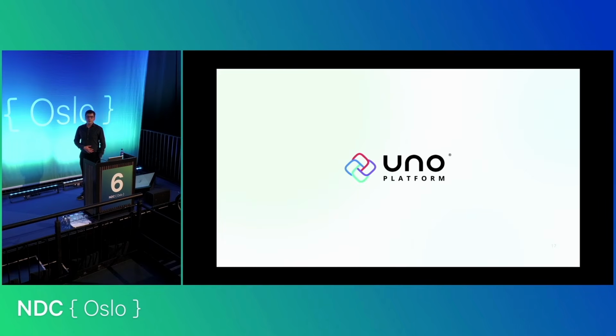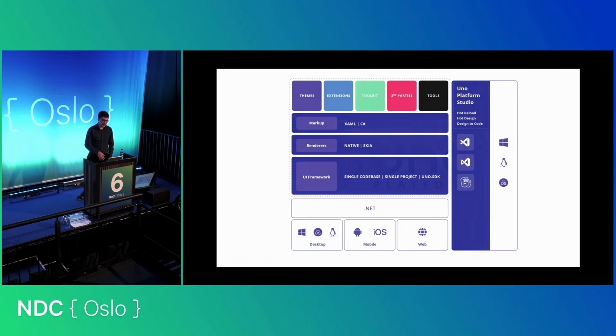So next, we have Uno Platform. It is an open source cross-platform solution for .NET as well. It's built on the same layer as MAUI. It's not built on top of MAUI, but it's built on the same layer. So the .NET Mobile and .NET macOS, for example, they are all underneath those specific platforms. And the benefit of this is that it shares the APIs in some way, and you can use them across